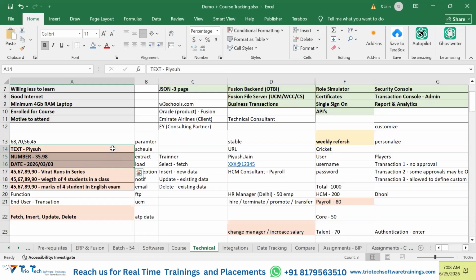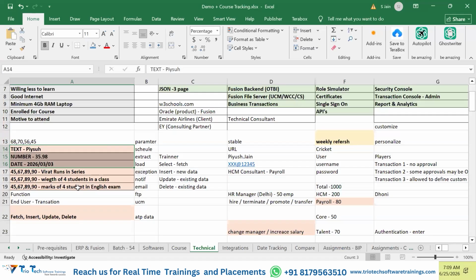No dollar symbol, no comma separator, nothing is available here. And date should be just a date, like date of birth, date of joining, date of promotion. All these things are to be considered date data types. Any questions, anyone so far?